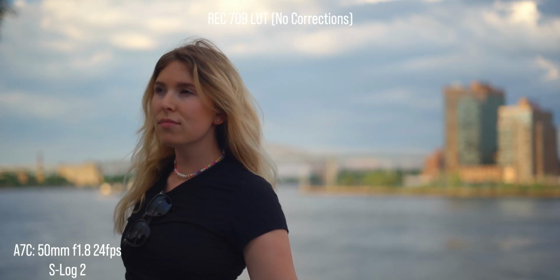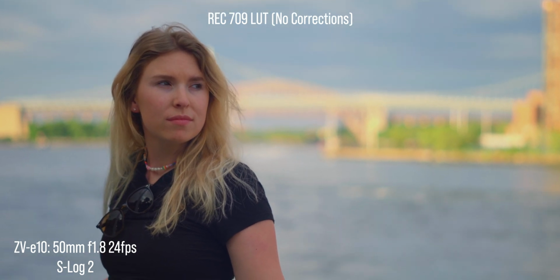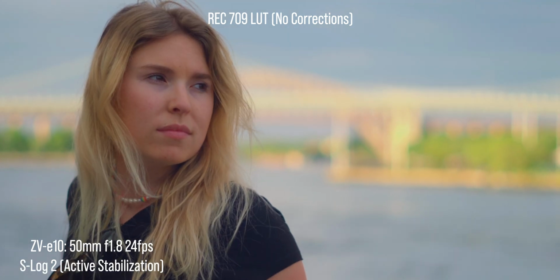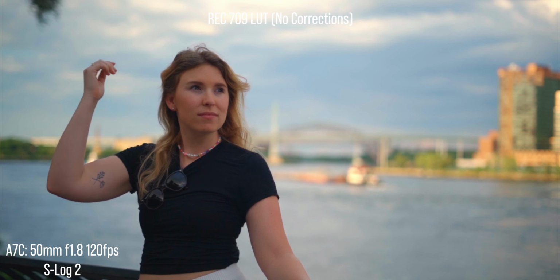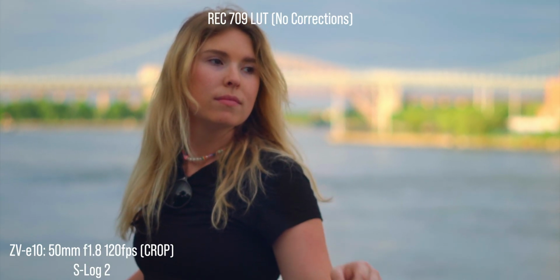Video was shot handheld, and when we throw our technical LUT on, you can see the A7C handles the highlights a bit better, and the ZV-E10 has a lot of camera shake from being so light. We can eliminate some of that with active stabilization, but we do get a bit of a crop. At 120 frames per second, they both look really good, but again, the ZV-E10's highlights just blow out a little